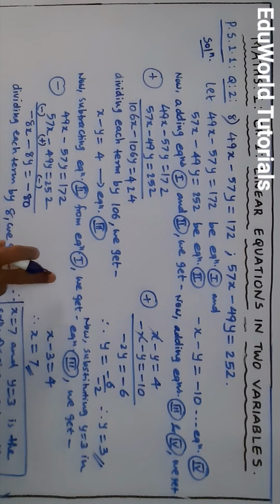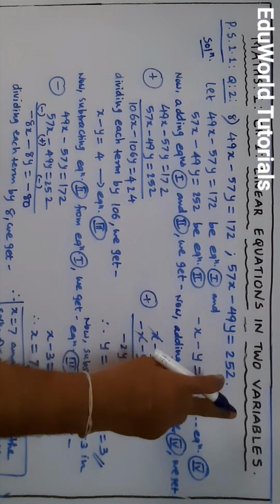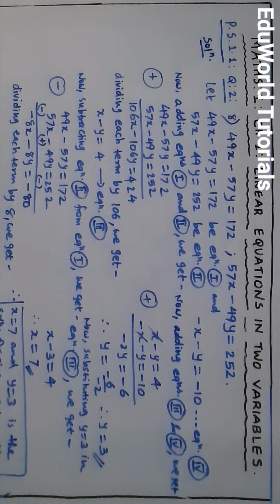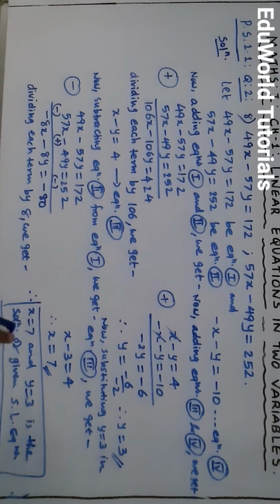Now we proceed to solve linear equations in two variables by some other method. Sorry if this part was not visible, just see again. Here I think this line was not visible and this line was not visible. So I have shifted the frame a little. You can now see this is the way we have to write the answer. Now let's go for the next method of solving the linear equations in two variables.